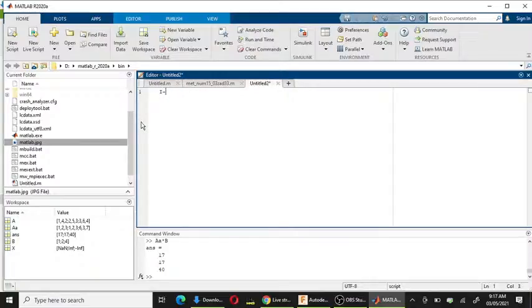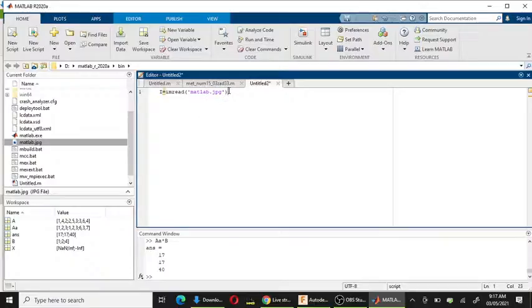I is equal to imread, MATLAB.jpg. First of all, we have to write the name of the image, as the name of the image is MATLAB. Then dot, then the format of the image, like JPG, PNG or other formats you see.